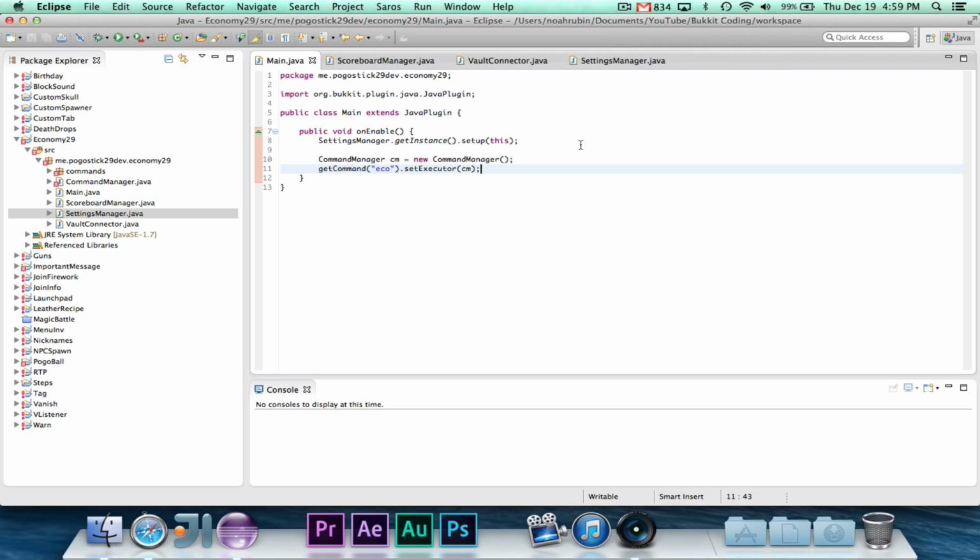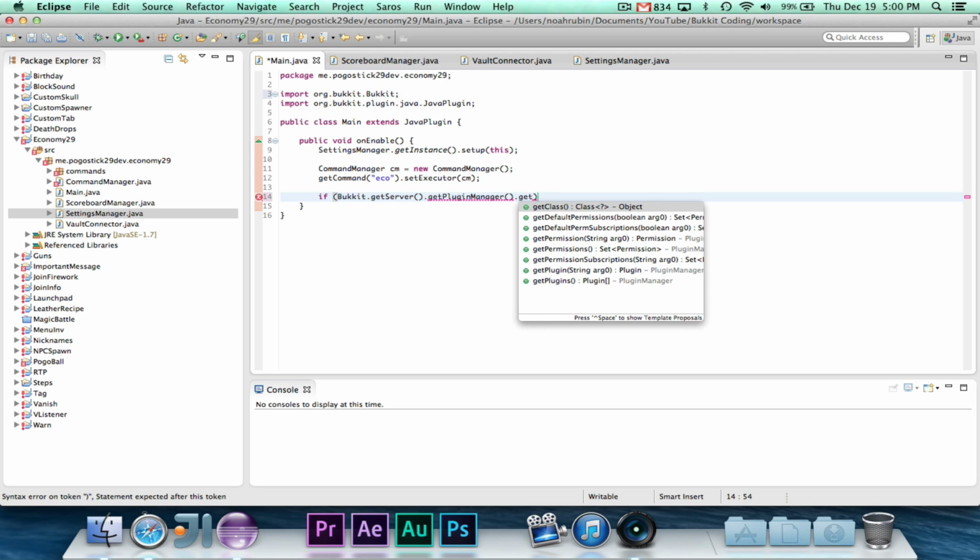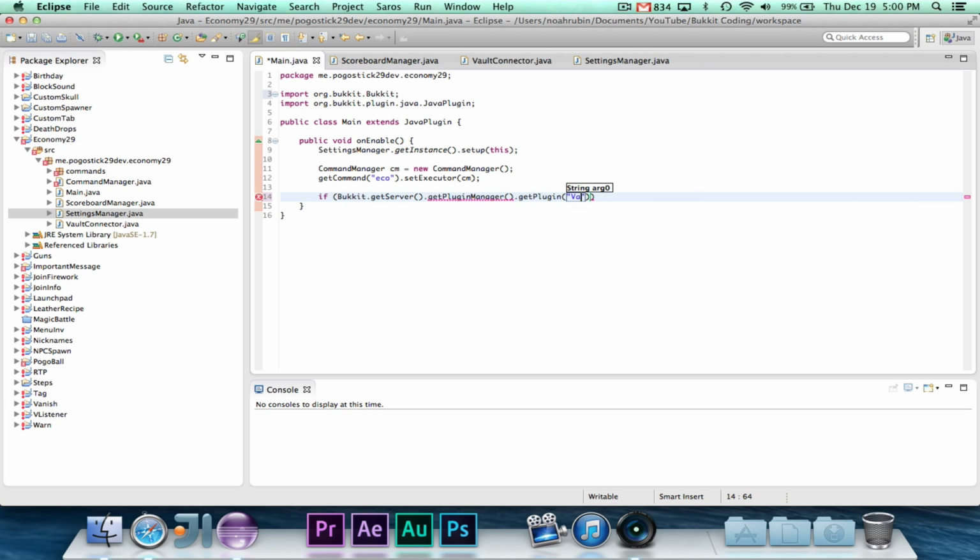Alright, so there's one more thing that we have to do. We're back in our main class, in our onEnable, and we just need to go ahead and register this, which I figured. So what we want to do is say if bukkit.getServer.getPluginManager.getPlugin Vault is not equal to null.